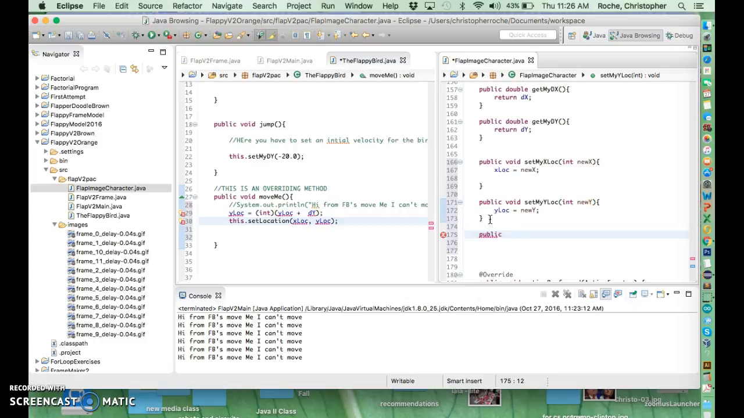So I want to say public int get my xloc, and it's going to return xloc. And I'm going to say public int get my yloc, and it's going to say return yloc. Okay, good. All right. So now over here, even inside the other class, so we are a Flappy character,